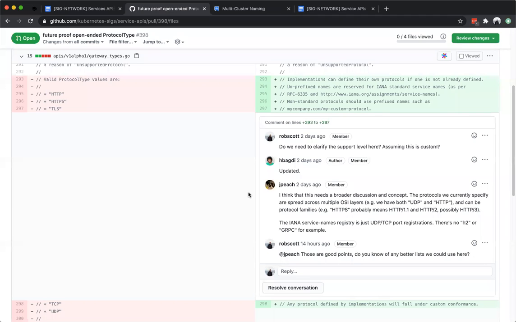And so with that in mind, using some kind of standard list, in this case, service names, was seen as a reasonable starting point, and then using prefixed protocols like domain prefix protocols for things that were beyond that list seemed like a way to support custom things, but also have a common standard list that we could use here.